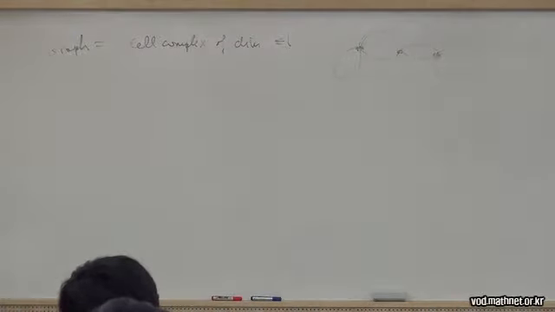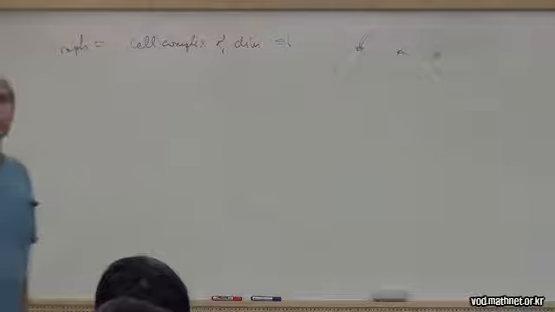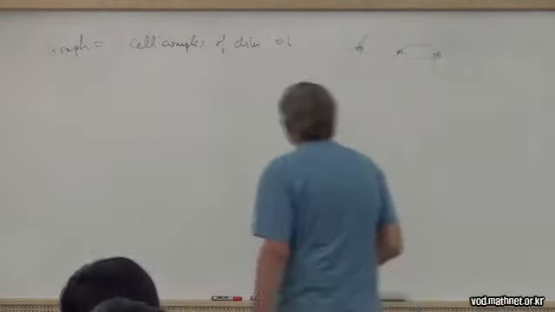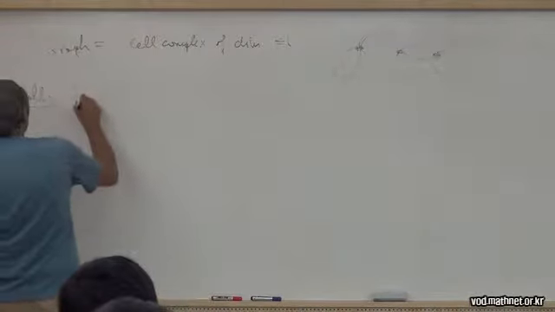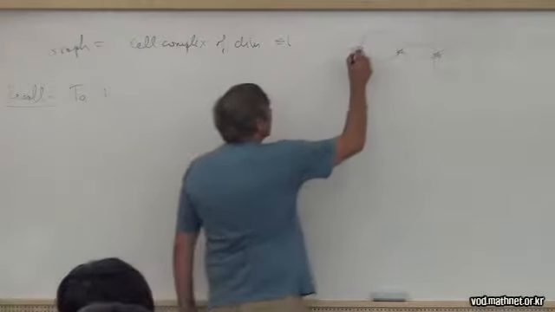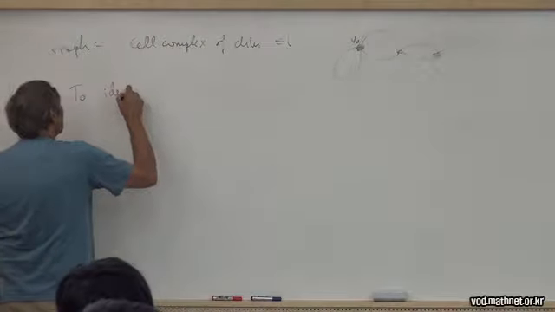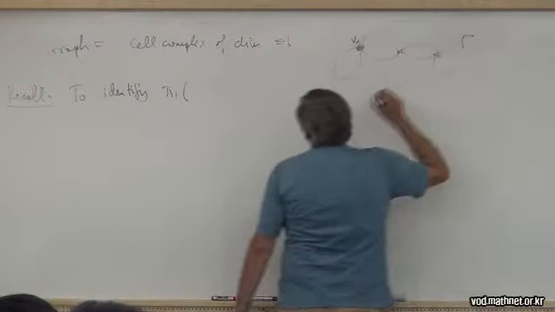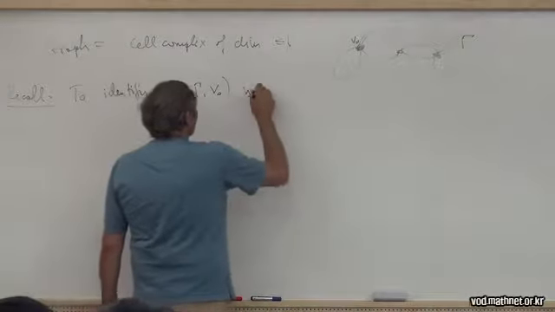Now, it's going to be important to know how to identify the fundamental group of a graph with a free group. Everybody knows that the fundamental group of a graph is free. And how does one find a particular identification? So recall, let's say we have a base point. One of the vertices is a base point. To identify the fundamental group of this graph, let's call it gamma, with respect to this base point V0, with a free group,